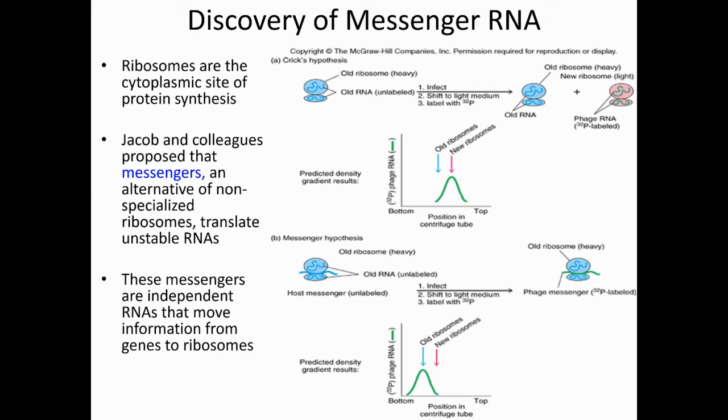Basically, what they did is they wanted to prove that an intermediate carrier is needed, right? Because at that time, the scientists already knew the DNA and protein, but they didn't know the presence of messenger RNA. To prove this, they grew the bacteria, E. coli,